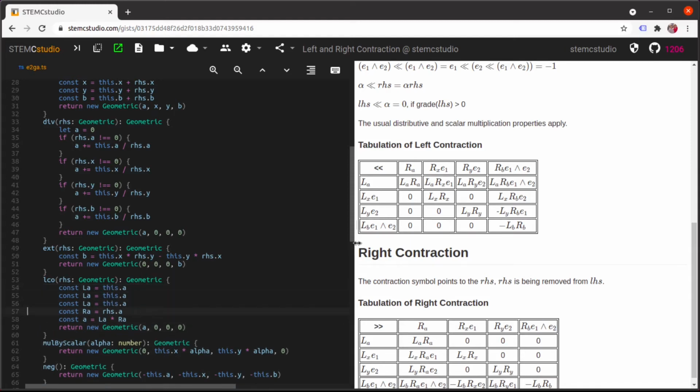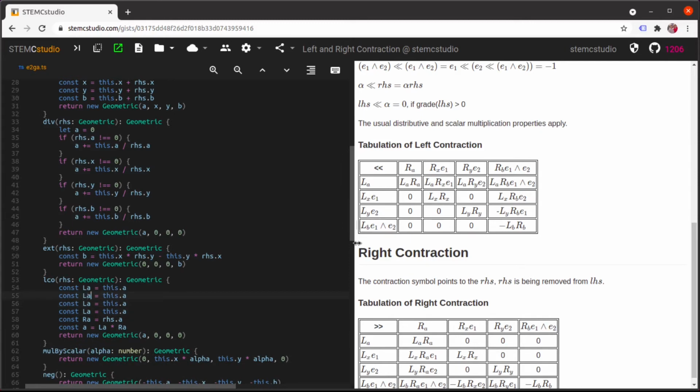So we'll need LA, LX, LY, LB, and this is going to be this.X, this.Y, and this.B. And then similarly, we're going to want 3 more here for RX, RY, RB, and then this is right-hand side.X,